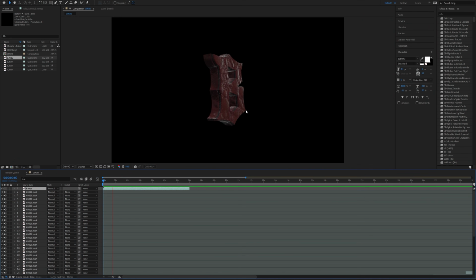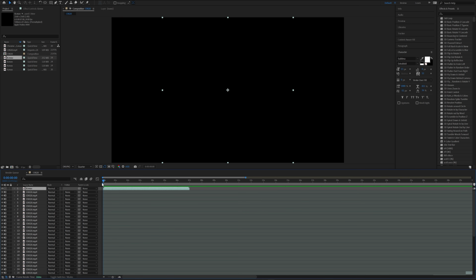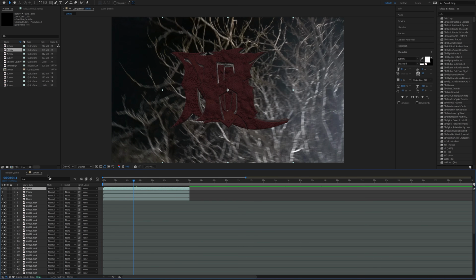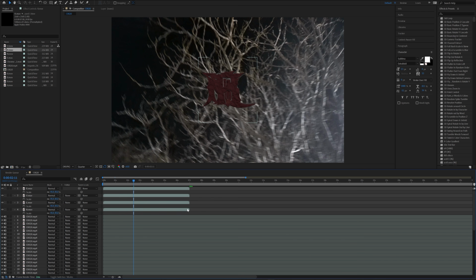I really like this one. I like how it comes in. It's really smooth. It's just like high quality as well, high quality reflections and textures and everything on there. So what I'll do is I'll just drag in the letters to a word. So the first word is never, and then I'll just bring the scale down and then drag these over, and